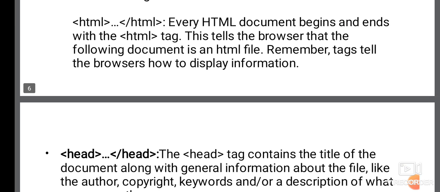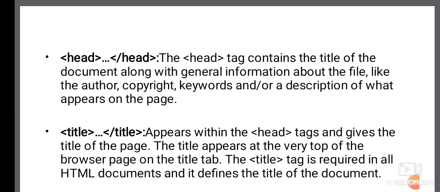Now we'll see about the first tag, HTML. Every HTML document begins and ends only with this tag. It tells the browser that the following document is an HTML file. Next one is the head tag.